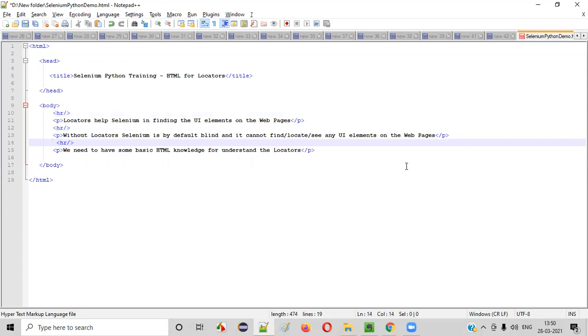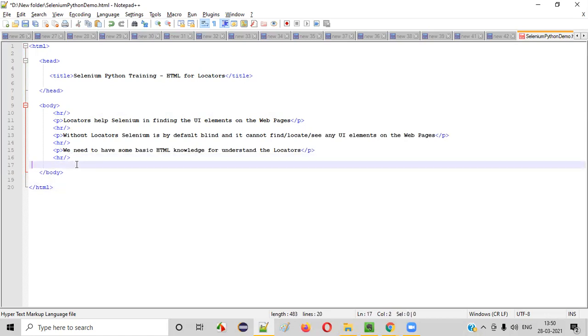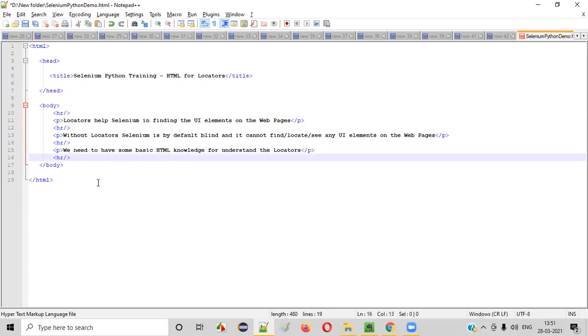I want to separate all the paragraphs using this hr slash, this ruler, which is a self-closing and self-starting tag. There are no separate starting and ending tags in hr slash. It's a self-starting and self-closing tag. That's the difference, guys. There are a few tags in HTML which are self-starting and self-closing, like hr slash. And the purpose of this hr slash is to display a ruler on the page.